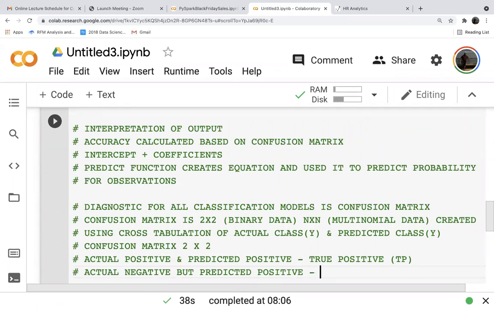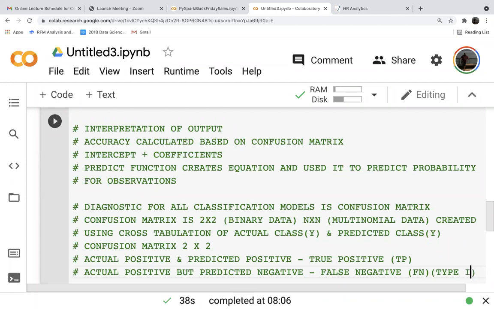The second is actual data says it is positive, but predicted as negative, sorry. Actually the data says positive, but predicted it as negative. This is wrong, right? This is false negative. We call it FN, and this is also called type 2 error.